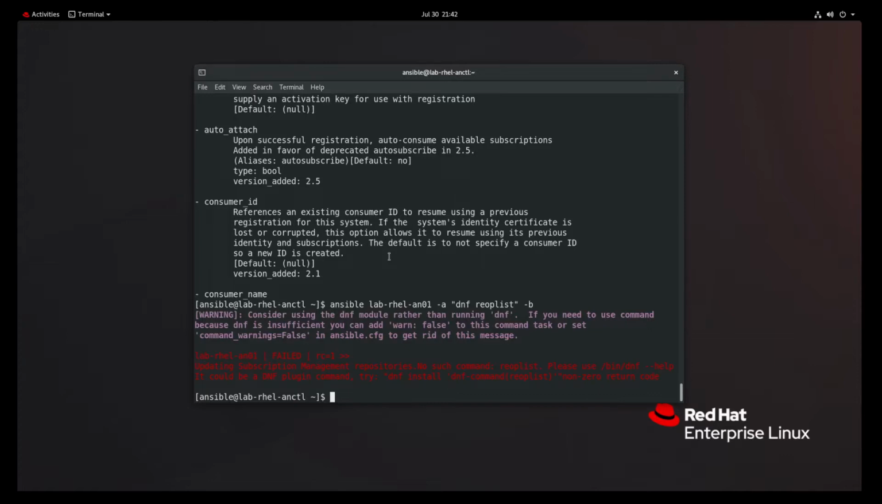DNF repo list return. I know what's going on. Yep. So let me do another ad hoc command real quick. I'm just going to do this to everything. This is a gotcha with actual RHEL, and